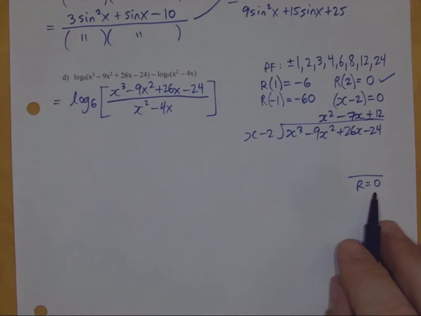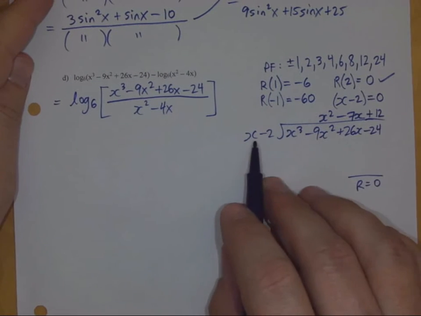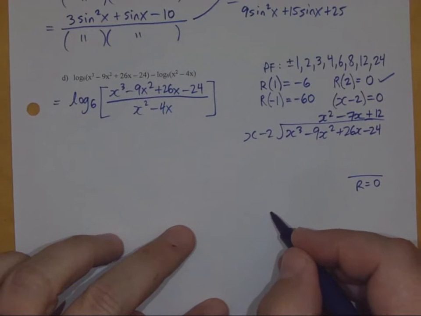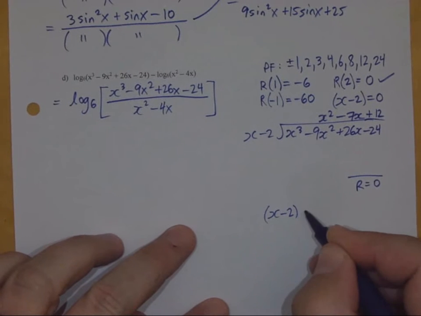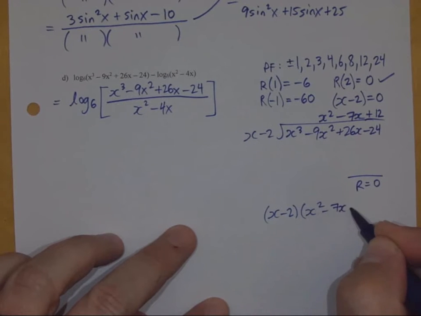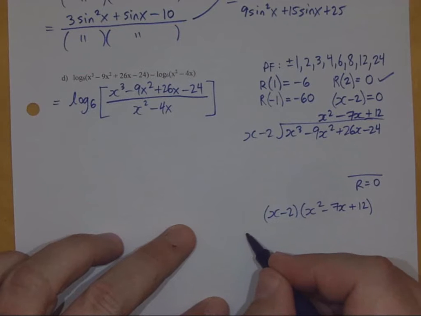It should have been 0 because we already know that the remainder is 0 up here and we know it's a factor. So we know now that it's x minus 2 times x squared minus 7x plus 12, but this can be factored even further